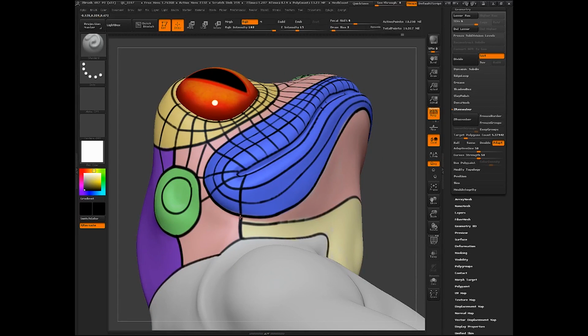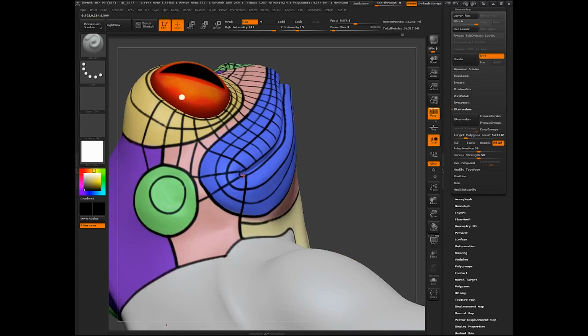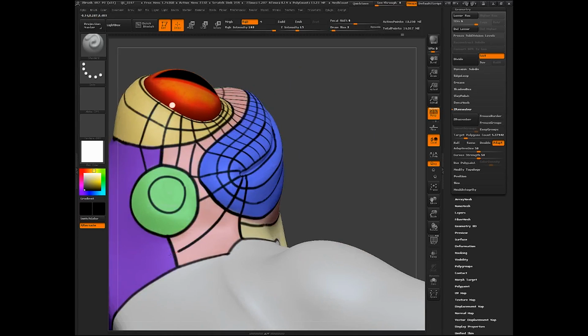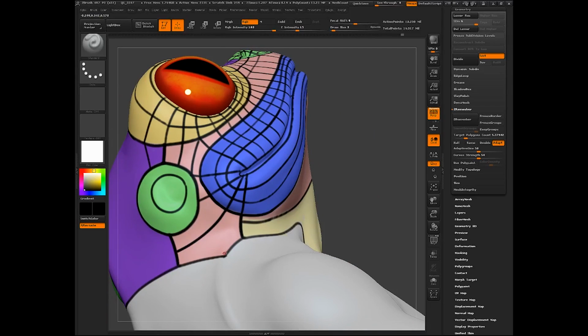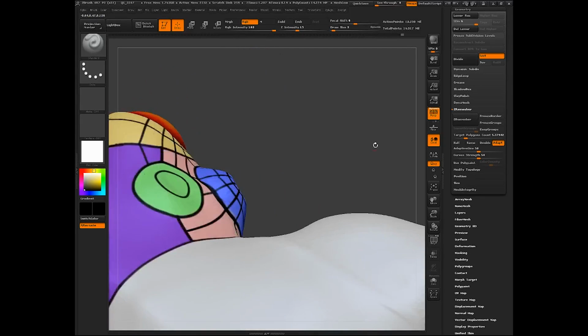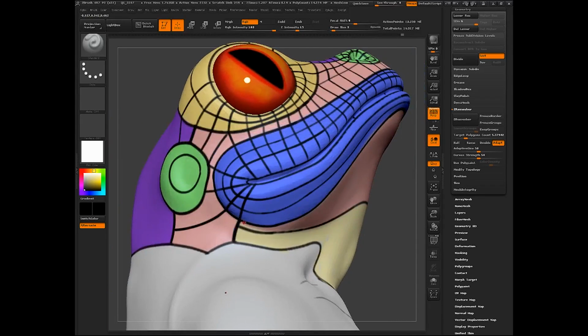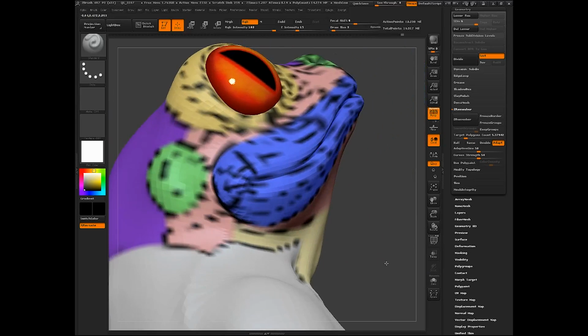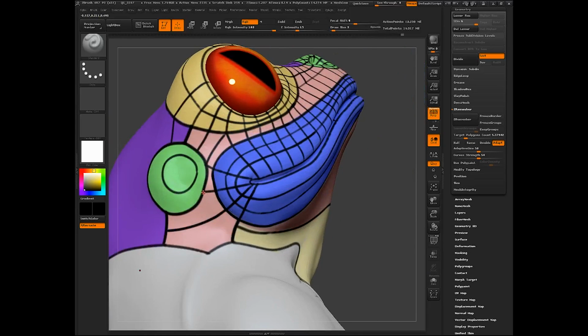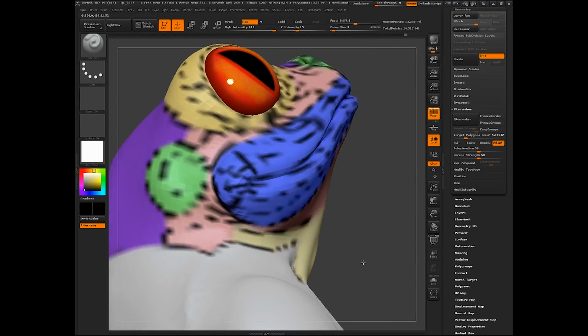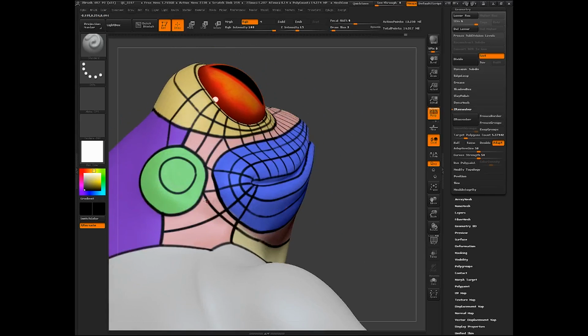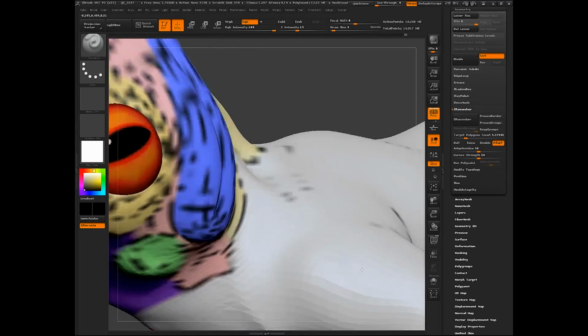Okay, so we're going to work on the bottom of the mouth. Just trying to bring some edges down that we can use later. Bring this up so it'll go around the neck. This area could be a little tricky in here. So I'm trying to think. I think I'll bring this edge around like this. And then I think that that'll work.